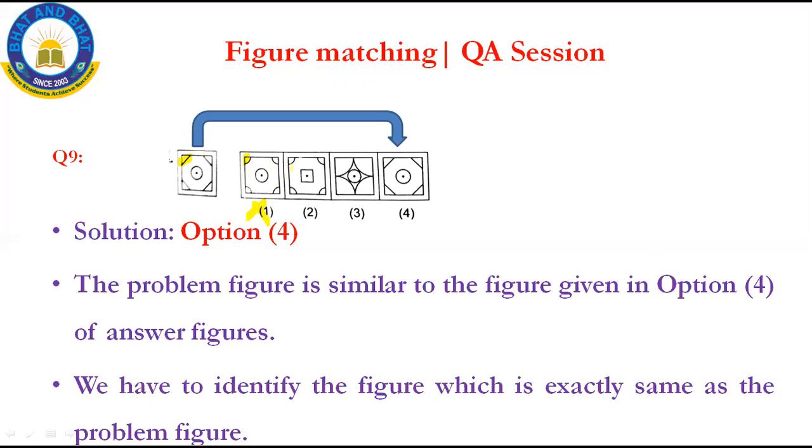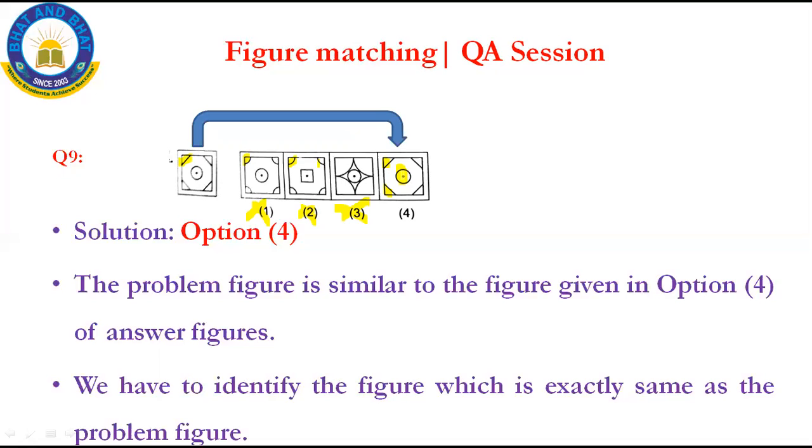Now we'll go with option 2. Yes, there are two mistakes here. The corners are drawn with curves, and then the center part is a circle, but here it is a square. So option 2 is not the correct answer. Yes, option 3 is a totally different figure. Now we'll go with option 4. See, a square and then 4 corners, circle and then a circle. In the circle it is one dot. So it resembles the same as the problem figure, isn't it?